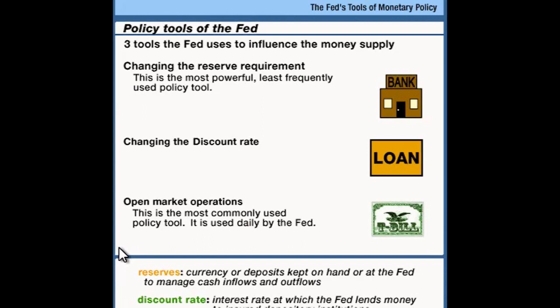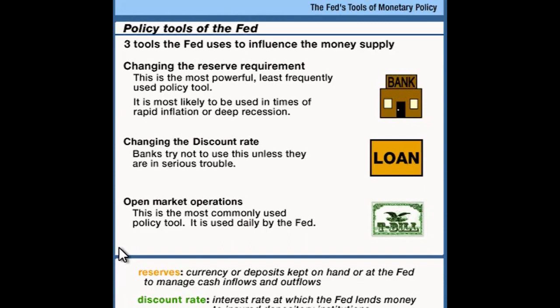Finally, we've already talked about the discount rate. Banks borrow and lend with the Fed all the time, but less and less do banks borrow from the Fed if they can help it, because there are alternatives. They can borrow from each other, they can cash in their own securities on the open market. They just don't want to have to deal with the Fed's scrutiny. So more and more, the banks that actually borrow from the Fed are banks that are in trouble and can't get funds anywhere else. So it's a kind of emergency loan that usually involves a lot of scrutiny from the Fed itself.